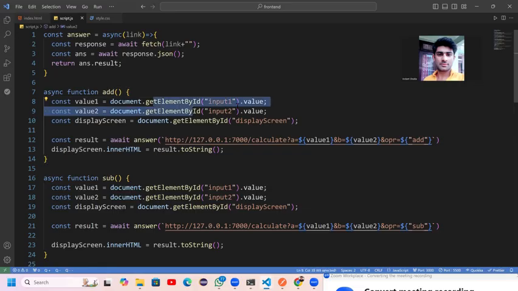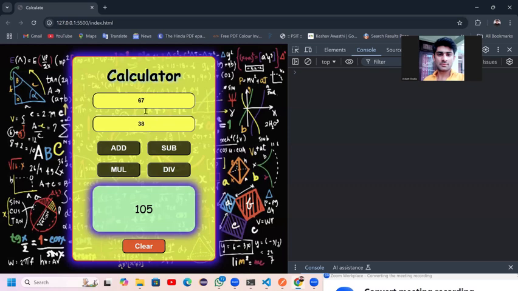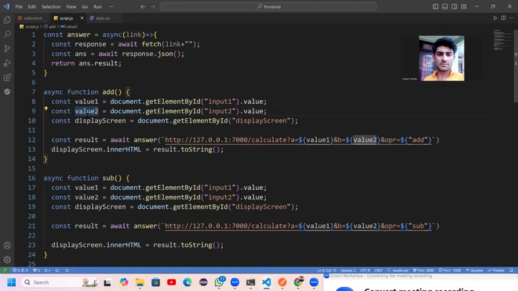जब ऐड फंक्शन में क्लिक किया तो हमें वो दोनों वैल्यू चाहिए जो मैंने इनपुट बॉक्स में डाली थी। तो मैंने इनपुट 1 और इनपुट 2 उसकी आईडी से सिलेक्ट करके उस पर डॉट वैल्यू चला दिया, जिससे मुझे 67 और 38 वैल्यू 1 और वैल्यू 2 में मिल गए। अब जहां पे मुझे आउटपुट शो करना है, उसको भी मैंने गेट एलिमेंट बाय आईडी से सिलेक्ट कर दिया, जहां पे मुझे रेंडर कराना है।